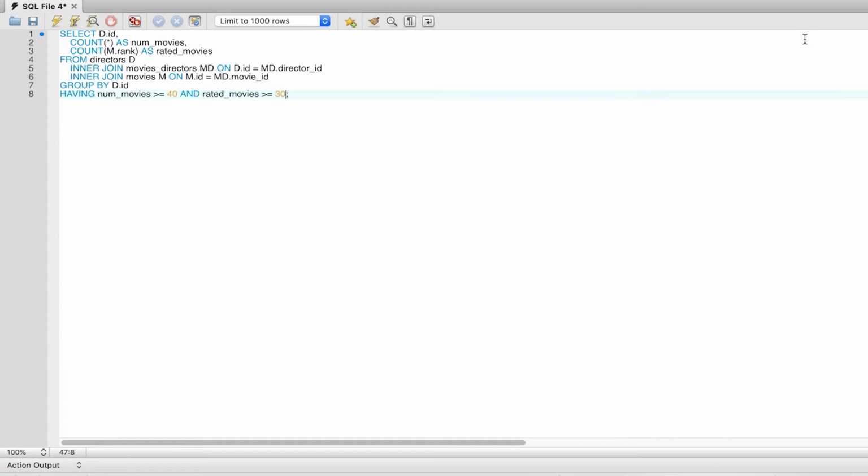Now our query becomes: select d.id, count star as number of movies, count m.rank as rated movies, and then we have our join in the from clause: from directors d, inner join movies_directors md on d.id is equal to md.director_id, inner join movies m on m.id is equal to md.movie_id, and then we have our group by